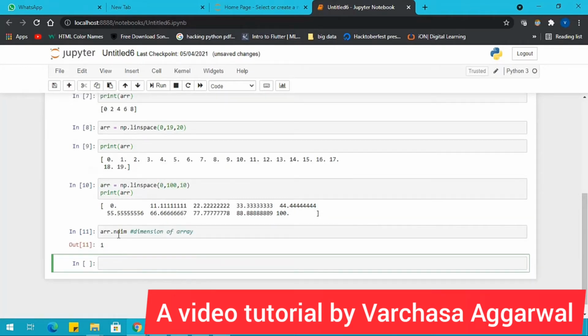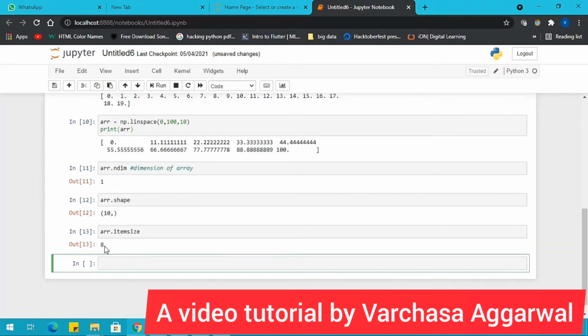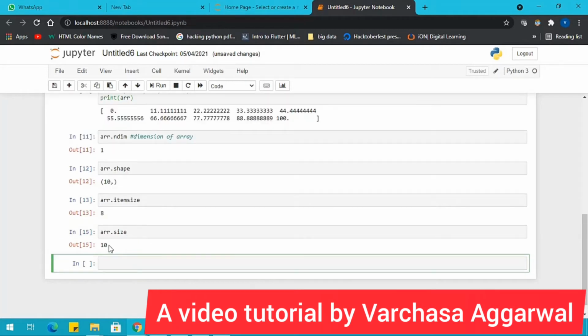You can see that the dimension is 1, and the shape attribute gives the number of elements, which is 10. The itemsize attribute is used to calculate the number of bytes each element is taking, and the size attribute is used to calculate how many numbers are there in the array.